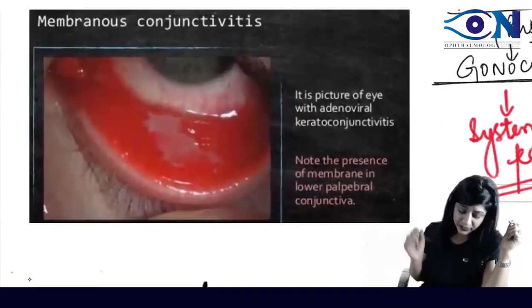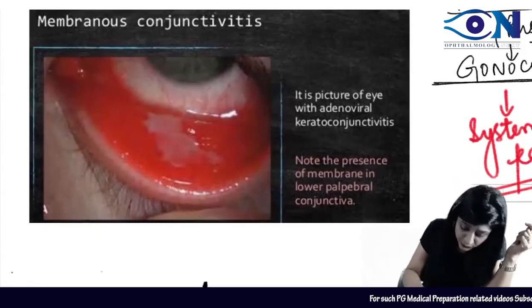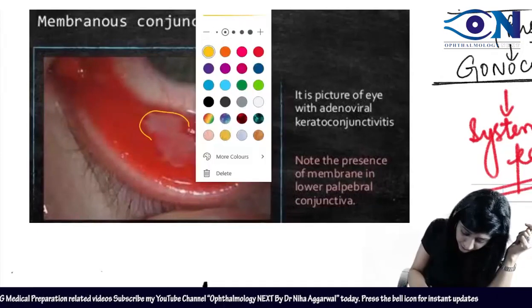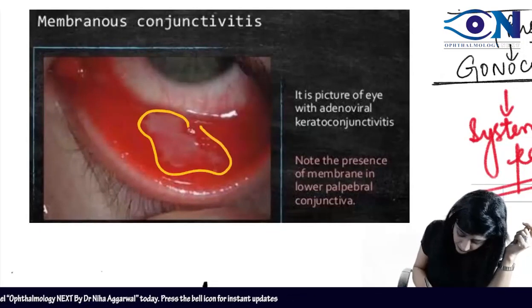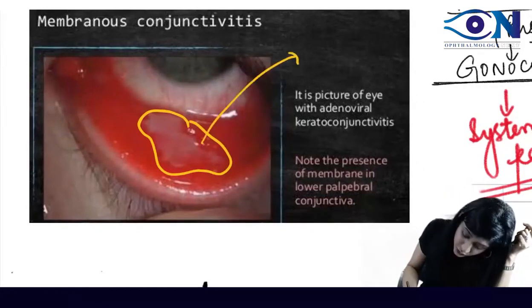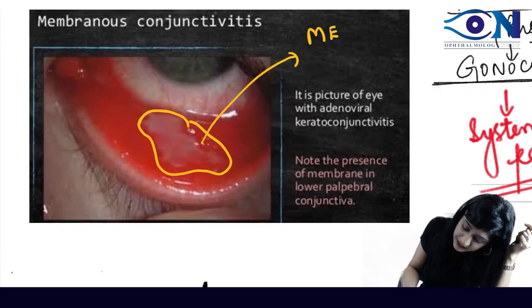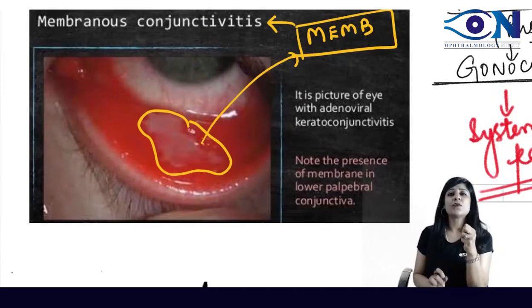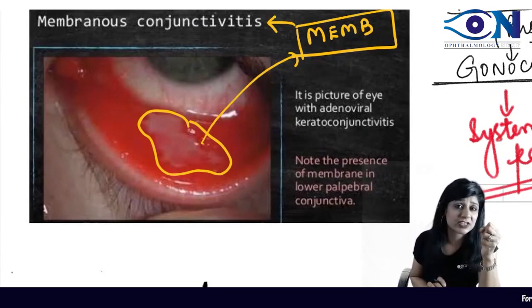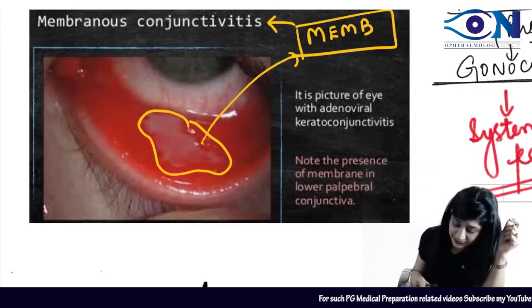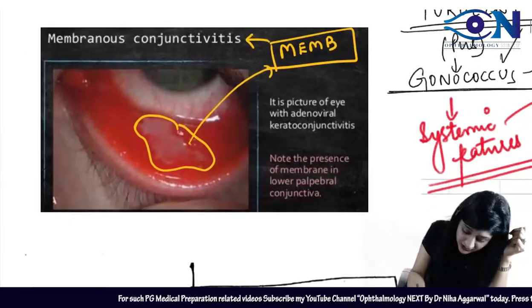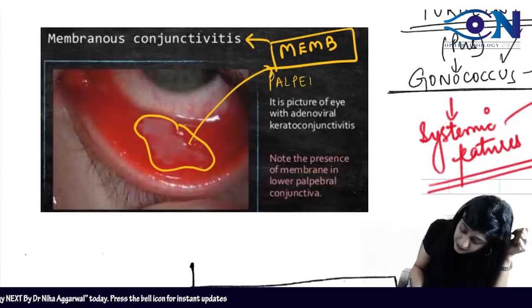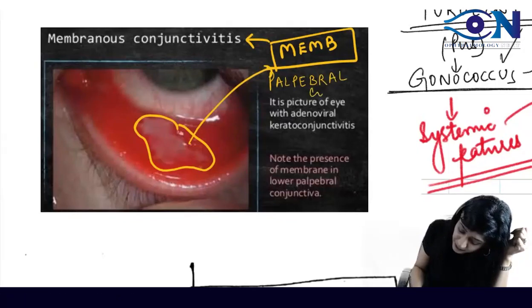Now, see this one. A very, very important conjunctivitis that you can see here. Can you see this here membrane kind of a thing? We are having this one. So what is this? This is actually a membrane, and therefore this is a kind of the membranous conjunctivitis. Now, whenever we have the membranous conjunctivitis, the membrane is present in the conjunctiva. Which conjunctiva? It is present in the palpebral conjunctiva.